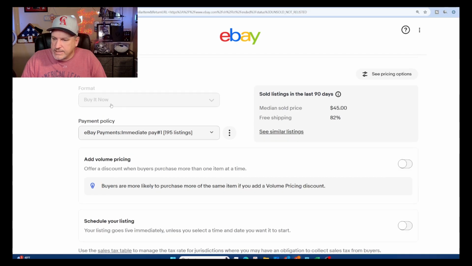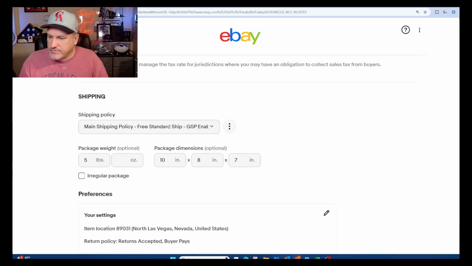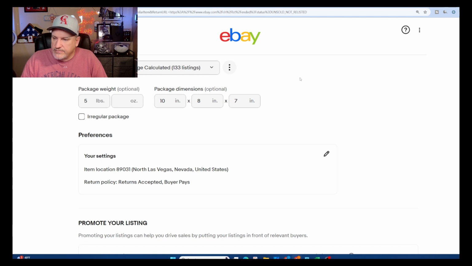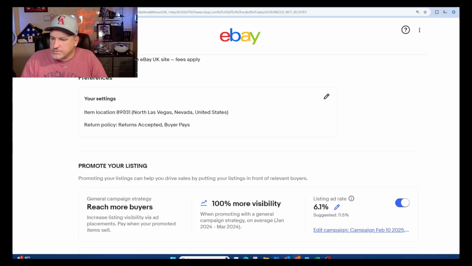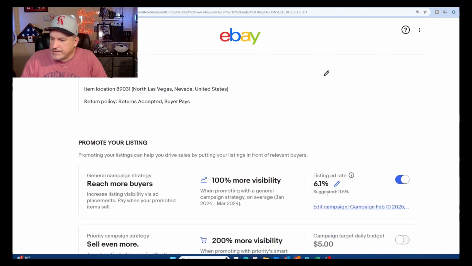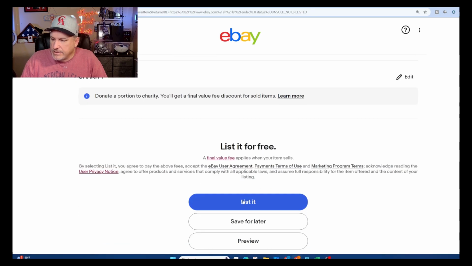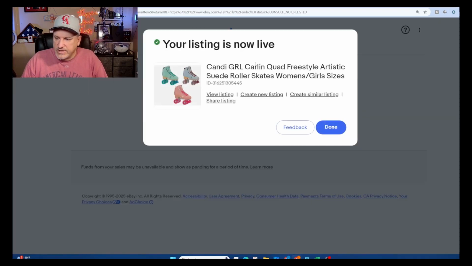Again, the price, it doesn't give you the option to set the price because you've done that already. And main shipping, free ship, I generally wouldn't do that. I'd probably go in and do ground advantage calculated, and 5 pounds, 10 by 8 by 7 box. Buyer pays for returns, and in this case 6.1%. And then I will list it, even though I don't have these skates. So for the video, for the sake of the video, I will list it because I want to show you